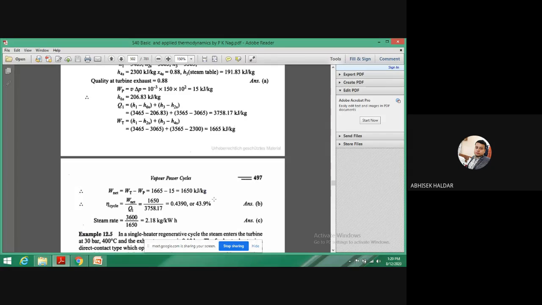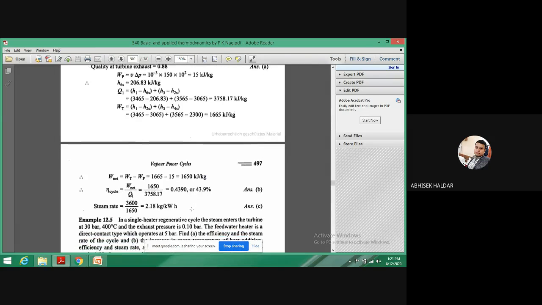You see 43.9%. Now, if in some problem you are getting 70% or 80%, you may think that you are correct by calculation, but you have made some mistake, because this efficiency will always range between 30 to 45%, not even 50. This is a common question asked in interviews also. What is the common efficiency of the Rankine cycle? Basically it is 35 to 40%. In some cases we may get theoretically more, up to 45%, but nowhere will I get 70% or 80%. Is it clear? Yes, sir.